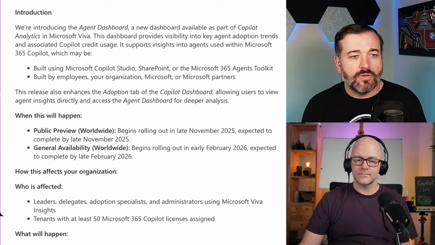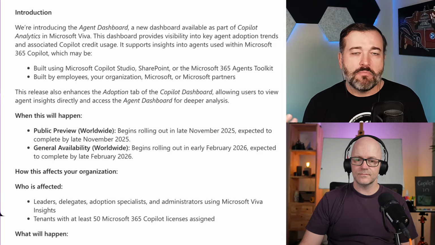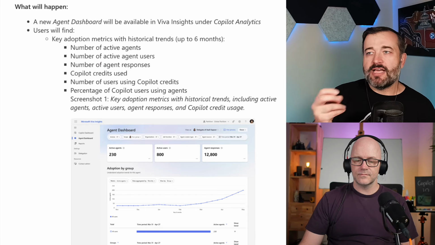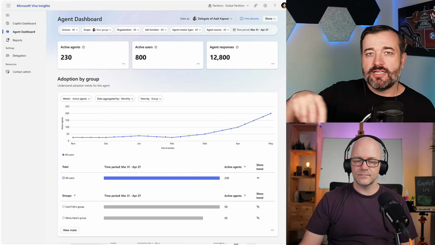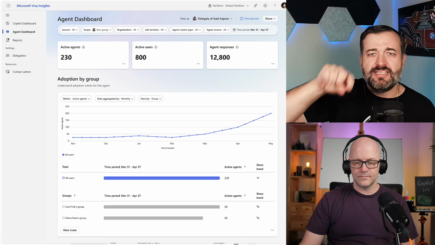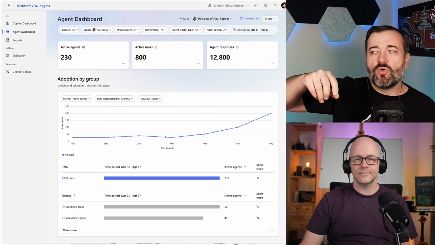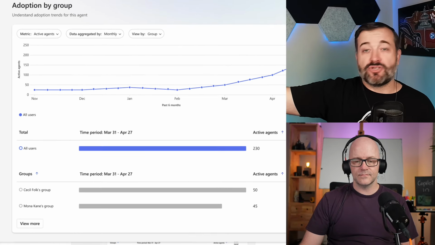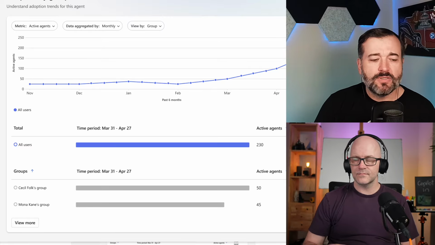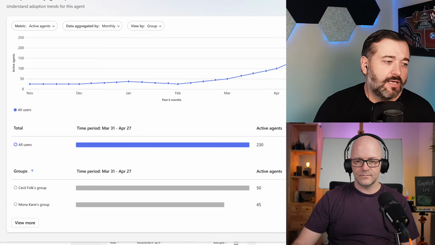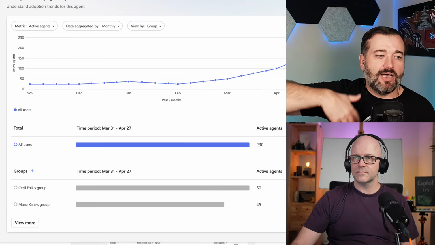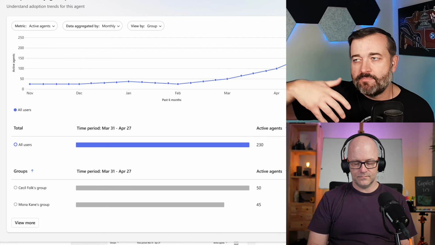So this is, again, bringing more information about not just how agents are being used, but who is doing it. It's grouped by, it's not detailing, hey, Daryl used these agents to do this thing, right? But it's more about rolling it up to Daryl's manager, who has quite a few reports, and saying, hey, that group is using this many credits, has this many active users, and is really getting this